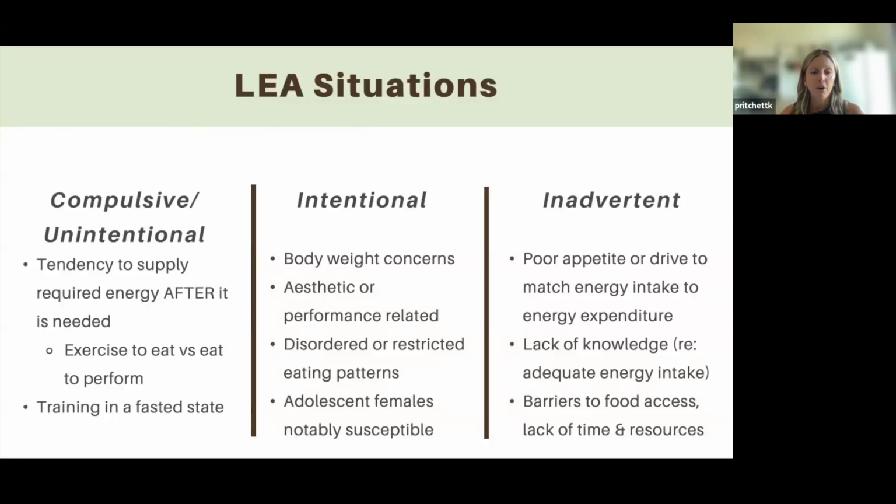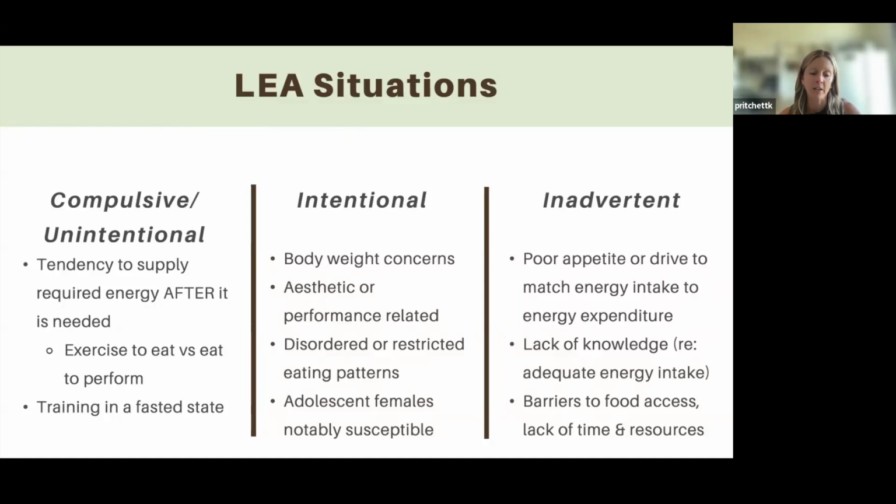Intentional, this may come from a state of body weight concerns or aesthetic or performance related concerns. The idea that if I'm lighter, I'm going to be faster, or I have to look like a specific athlete. So this can often lead to disordered eating or restricting